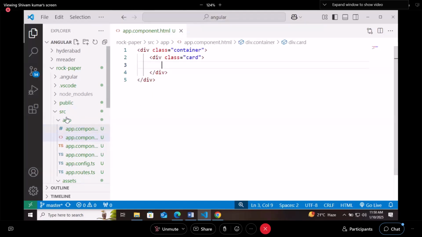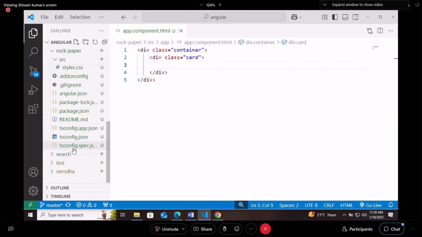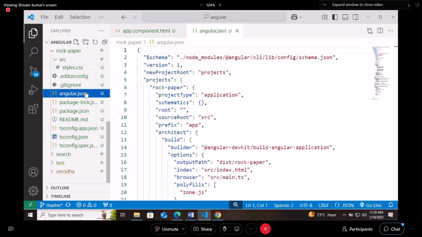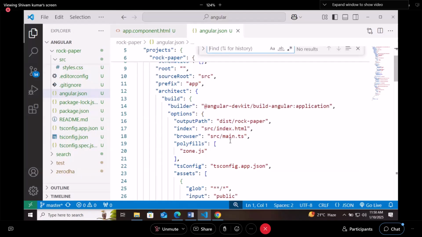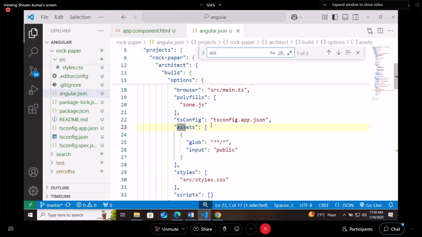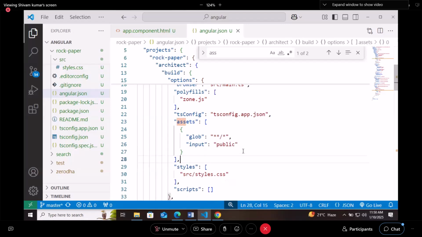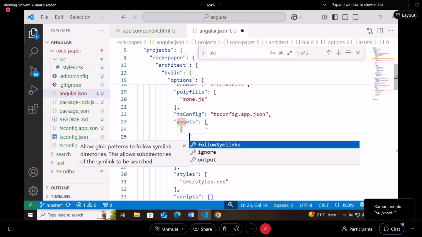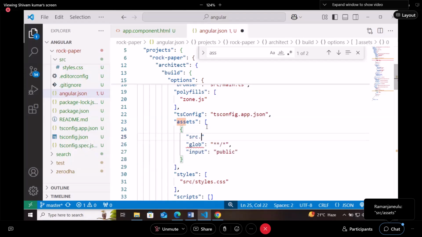Okay. Now we have to define the path also for that angular.json. And here what we need to search? Assets. Where are our assets? So here at the top we need to define it are in src slash assets folder, comma, and